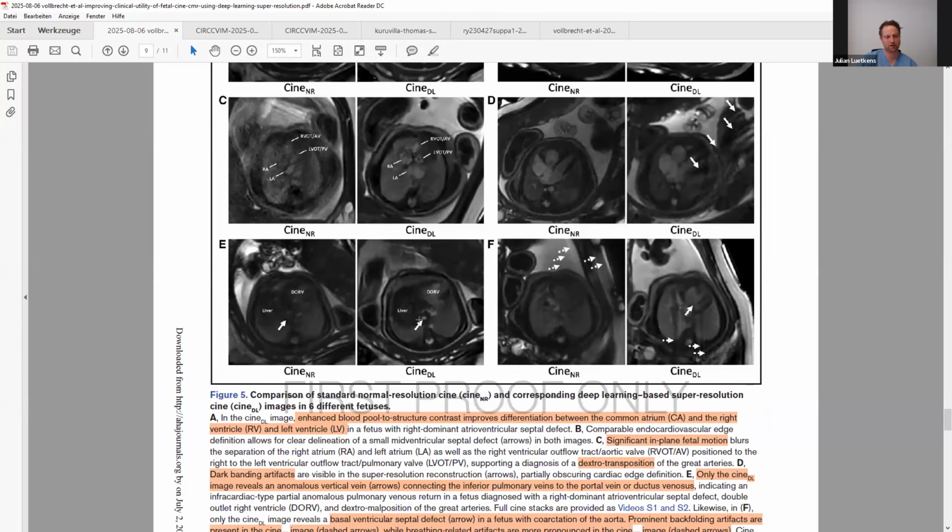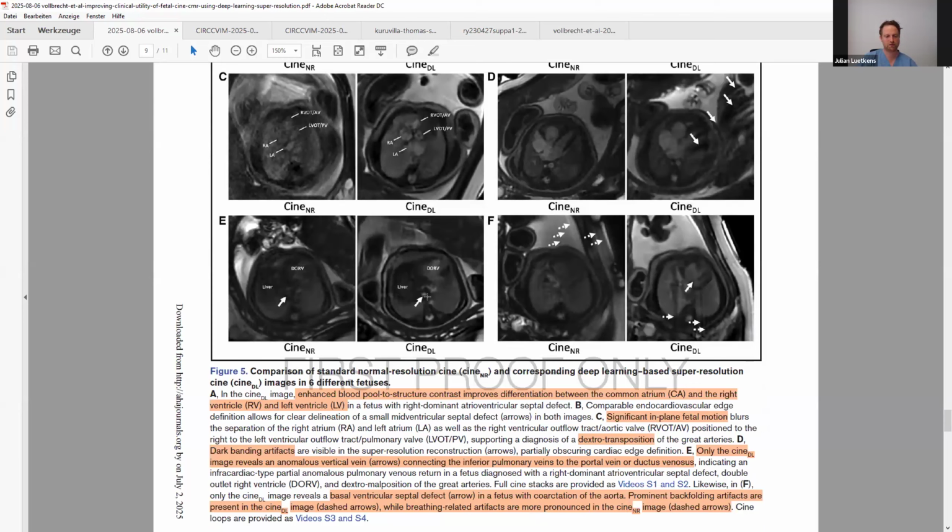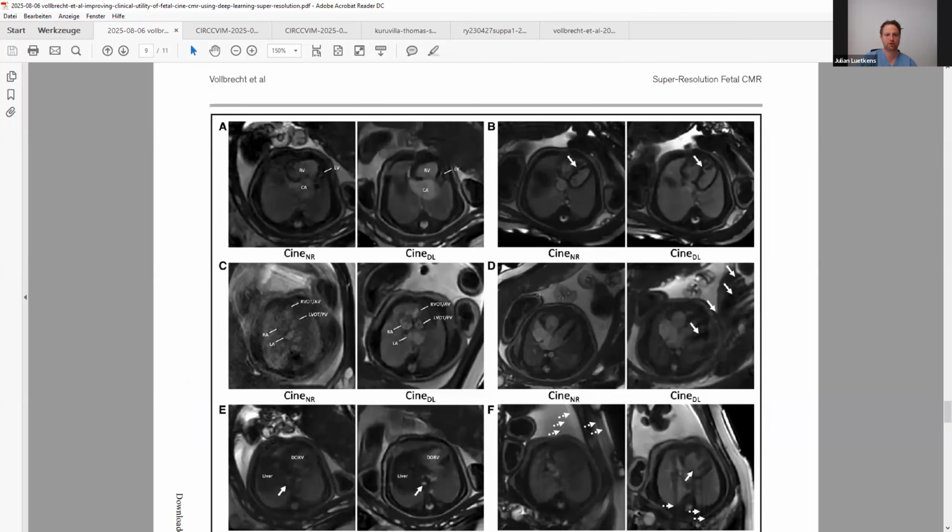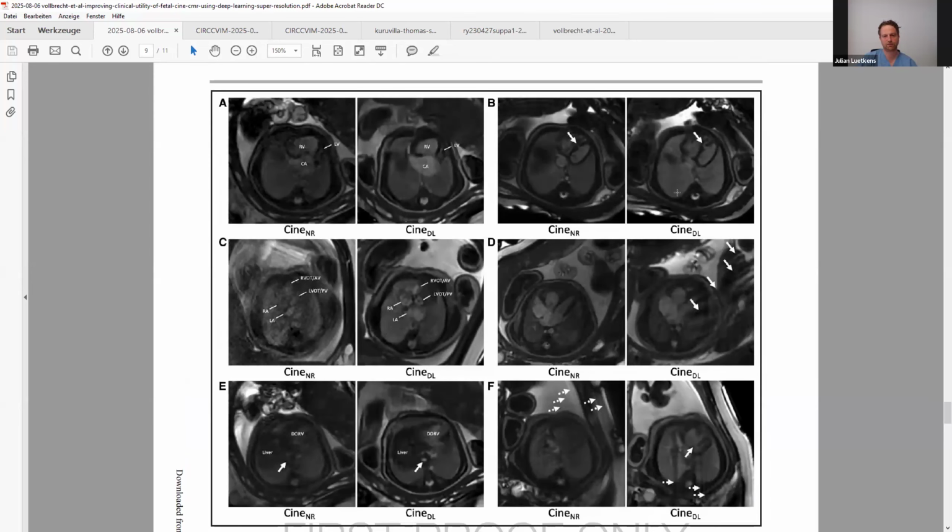And this is another case where we have the finding of the partial anomalous pulmonary venous return. Here you can see a ventricular septal defect. And here are